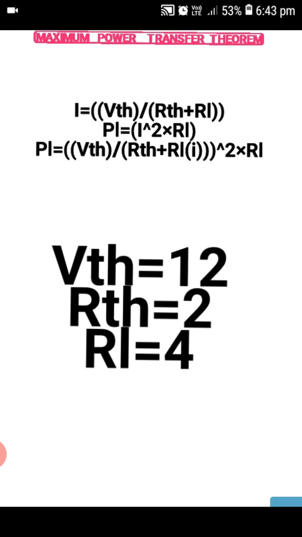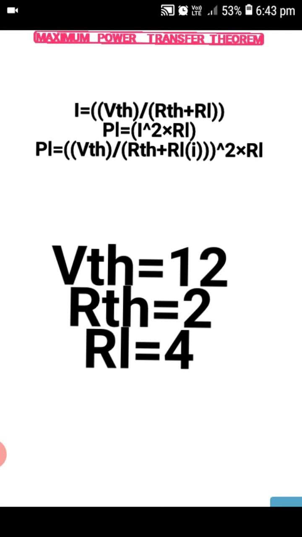Here the MATLAB programming is involved in this. We have to write like this. To clear the previous programming, we write CLC, clear in the first line. Then V Thevenin equals 12, as it is given, colon, R Thevenin equals 2, which is also mentioned in the previous page, colon. And we have to use the for loop in this: for I equals 1 to 41.